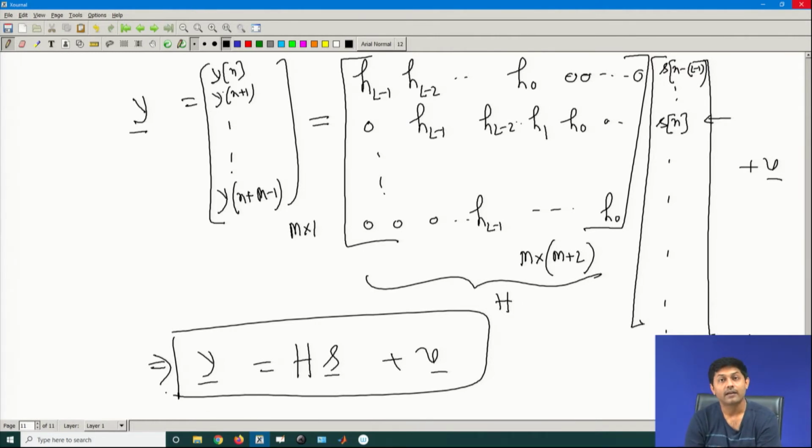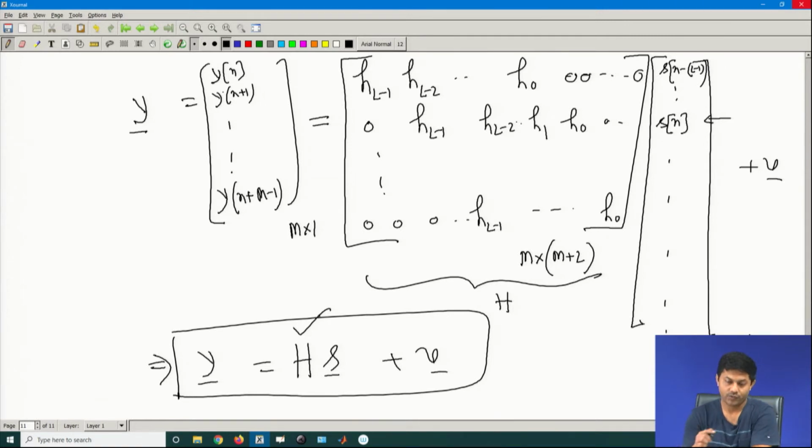No, it is not a multiple antenna, it is still a single antenna, but it is just that I am observing in time and I am stacking all my observation together. Okay. Now, what is the nature of my H? You see that the nature of the H is something like you are shifting the row to the